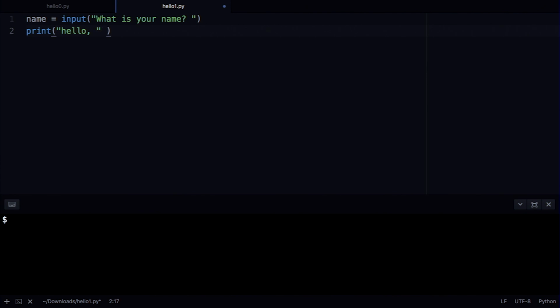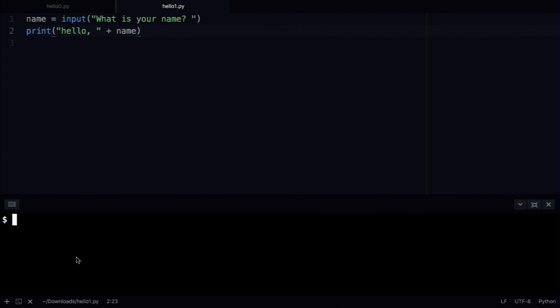It turns out in Python that you can use plus not only to add two numbers together, but also in some sense to add two words, or two strings, as they're called in a language. And if I do plus in between hello and that variable name, the effect is going to be to join or to concatenate those two strings of text together, so that what ultimately is printed is hopefully hello, comma, David, or hello, comma, yourself. So let me go ahead and save this